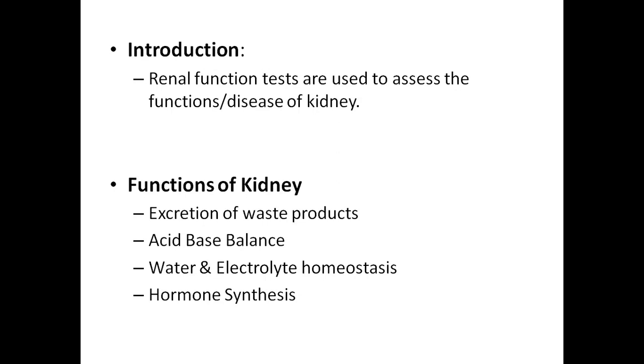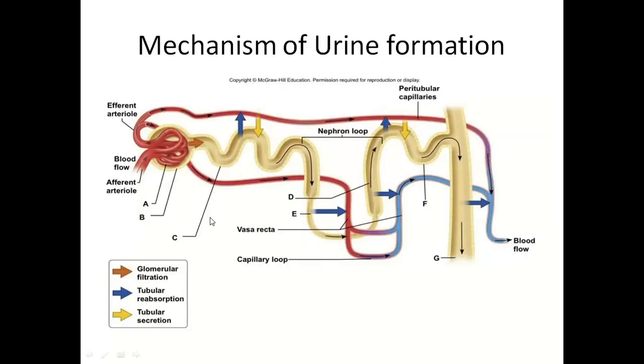Second hormone, like erythropoietin, is also secreted by the kidney. So the kidney is also used for various hormone synthesis. It also helps in activation of angiotensin by releasing the renal enzyme. So there is a variety of functions of the kidney, but the major functions are concerned with the acid-base balance, water and electrolyte, and excretion of waste products.